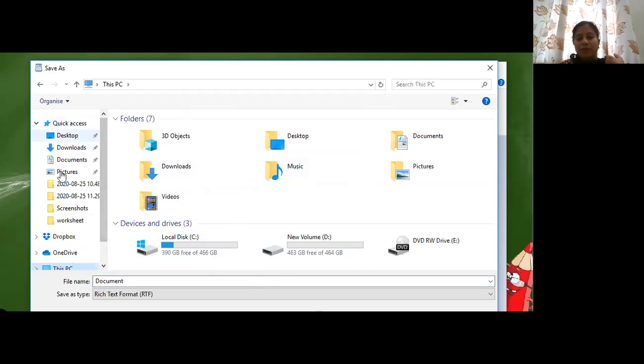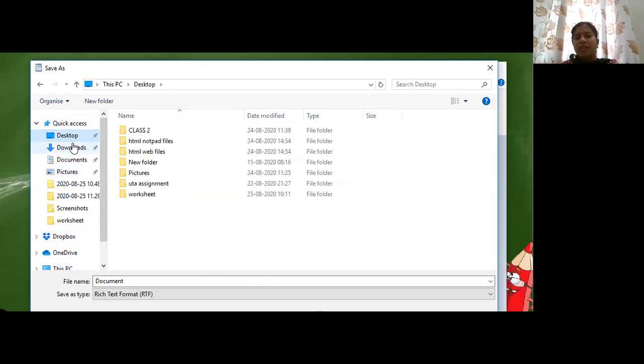Okay, so from this list, select the place where you want to save it. Imagine you're going to save it on Desktop. Make a new folder over there or directly save it as your name. So what I'm going to do right now, we will learn how to directly save it. File and folder we have studied, but still we will save it directly. I'll click on Desktop, then click on File name. Can you see an option over here? File name, and you have a space in front of it wherein Document is written.